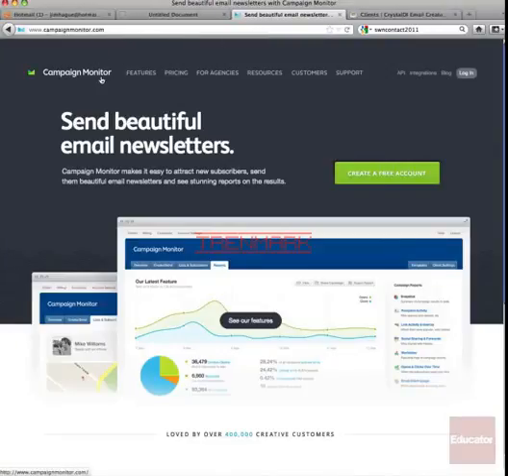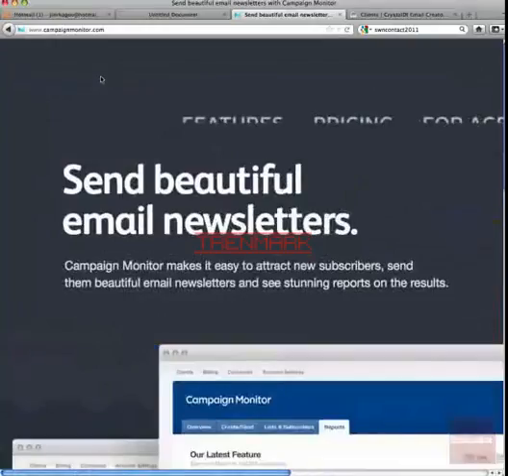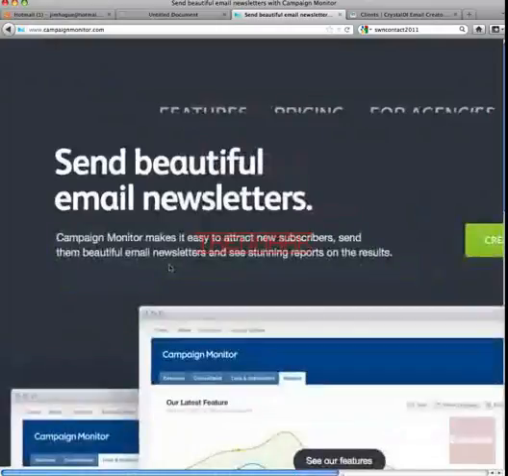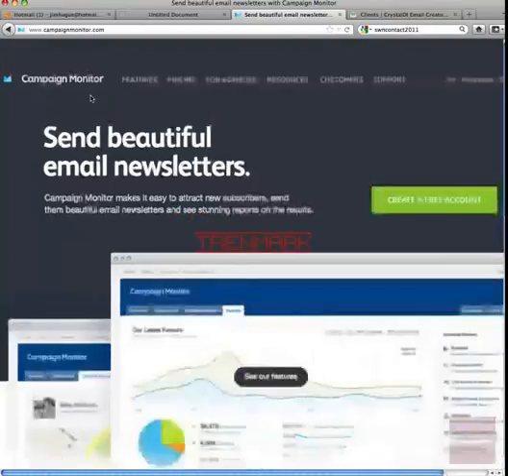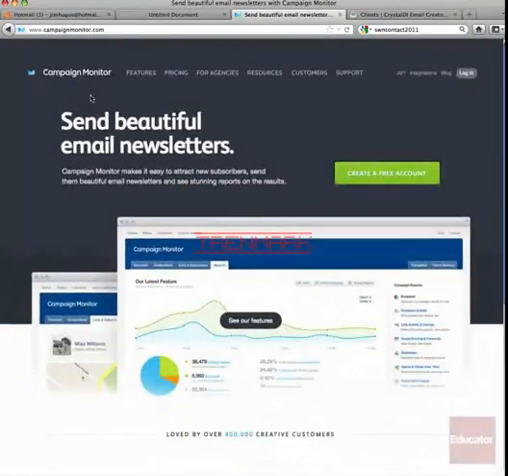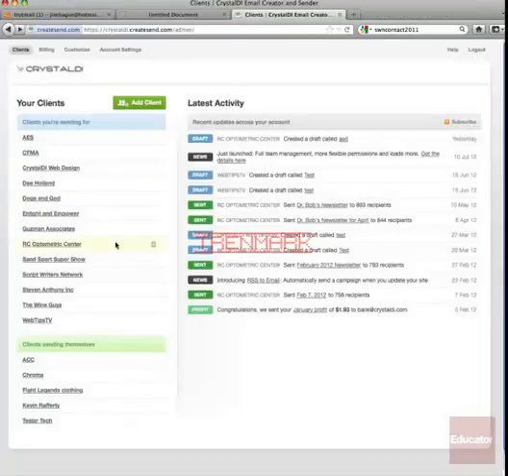I'm going to go ahead and increase the size of this, as you can see right here. Campaign Monitor. Whoops, I'll decrease it. That's exactly how it's spelled: Campaign Monitor dot com. And this is what I use. Why do I use this? Because it allows me to have full control, and it's very affordable. Like I said, this is the one that allows a penny an email. And you can look at all the different features by going to this website, see what it's all about. So I'm going to shut this browser down and go into my Campaign Monitor,